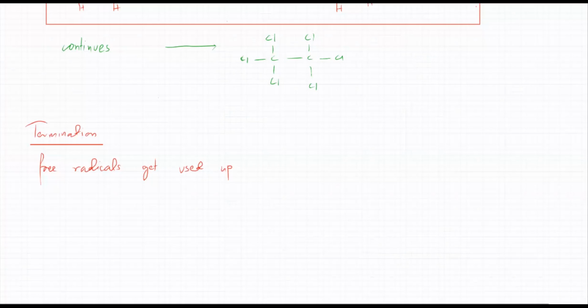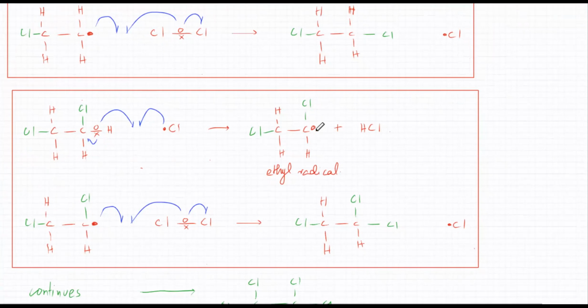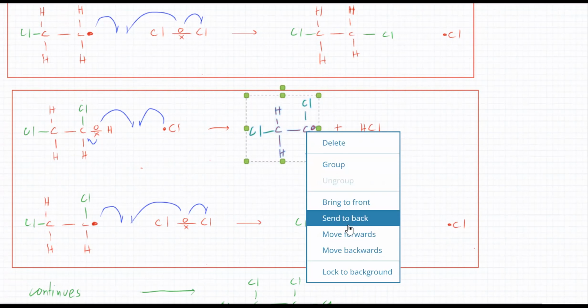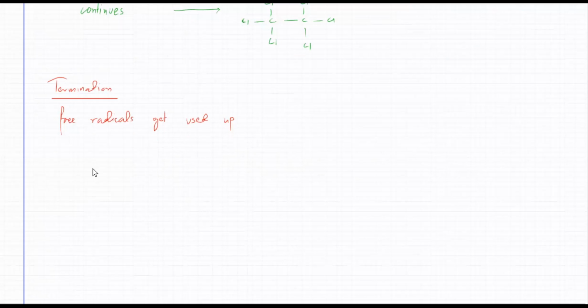They get used up. So for example, you had all these free radicals getting formed, right? Look at this free radical. This free radical was formed in some propagation step. Anyways, that's not an ethyl radical anymore. It's a dichloroethyl radical. It's got 2 chlorines as well. It's not just an ethyl radical, it's an ethyl radical with 2 chlorines. So I'm going to copy this radical, paste it here. So we have a number of radicals.